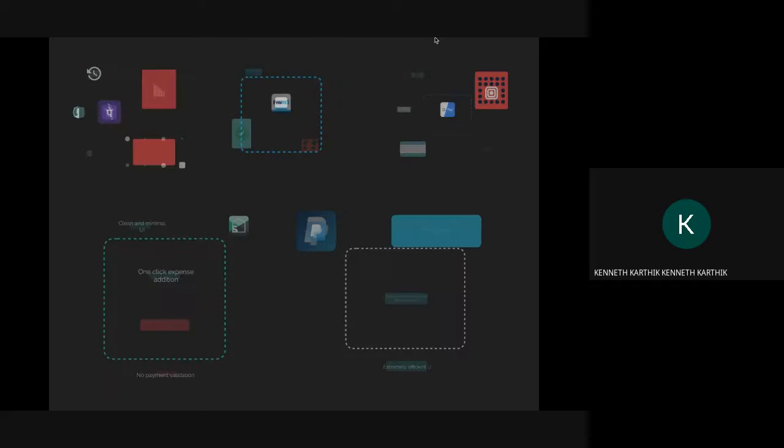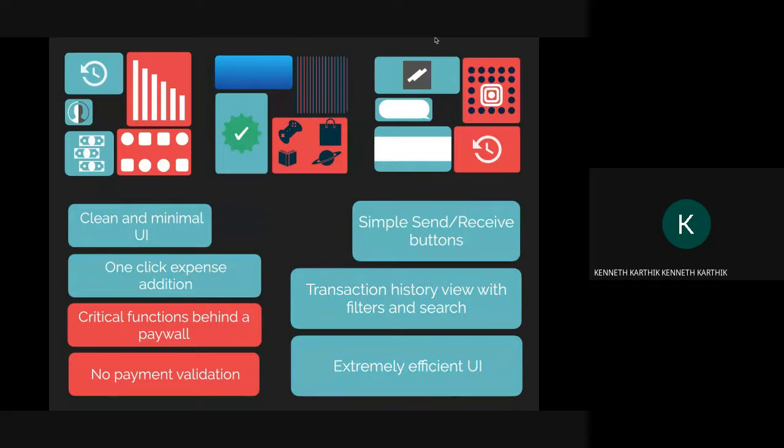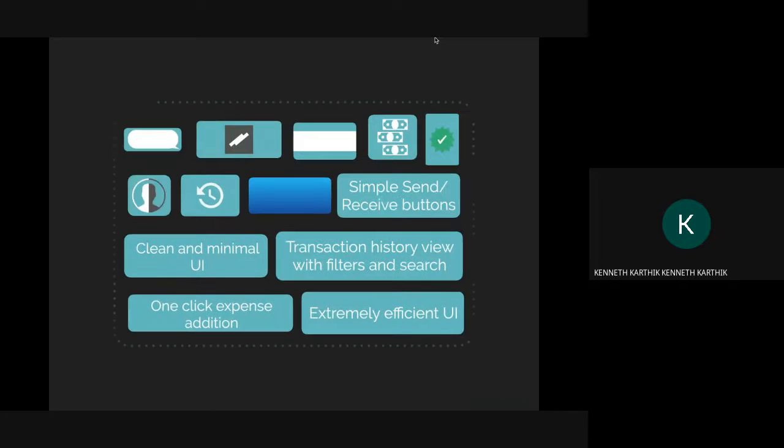So what we saw was this: we saw positives for each, we saw negatives for each, and the idea was to basically remove all of these borders. It doesn't matter that these are different applications, and we remove the negatives, obviously, and all the positives were put together in one cohesive list.